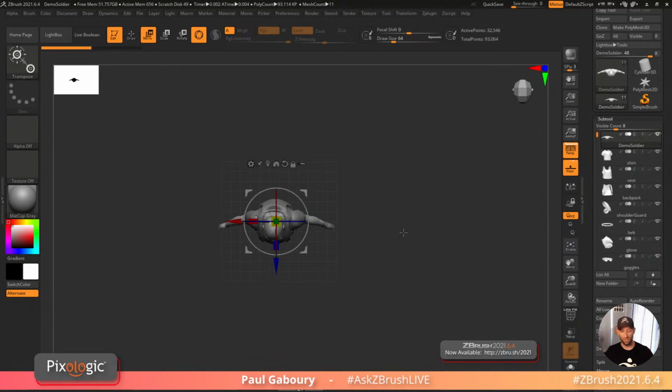a bunch of subtools. So that's what this icon right here in my gizmo is. This is going to allow me to tell ZBrush, hey, I don't want to just move, scale, or rotate the selected subtool. I want to move, scale, rotate any of the other subtools that are visible and I haven't selected